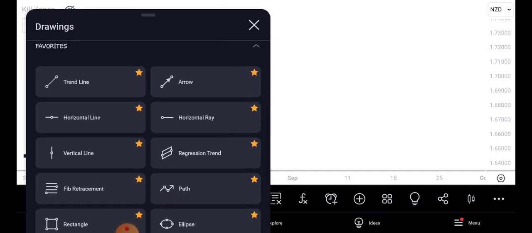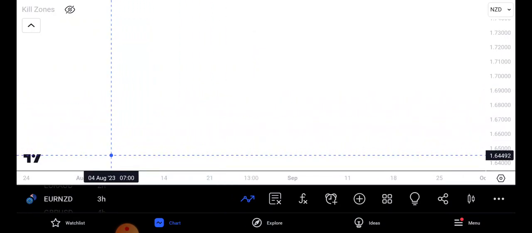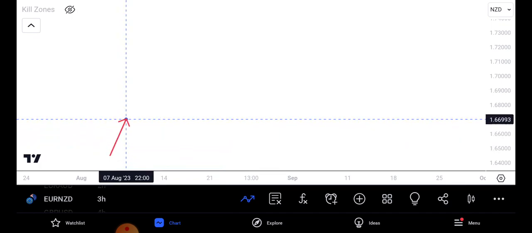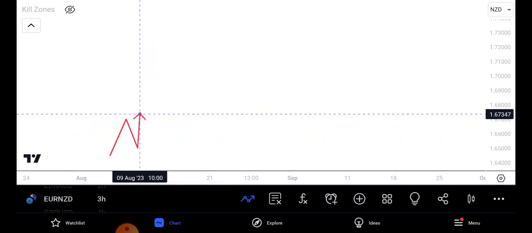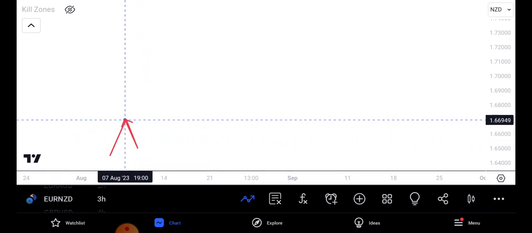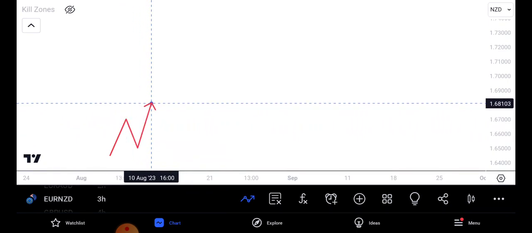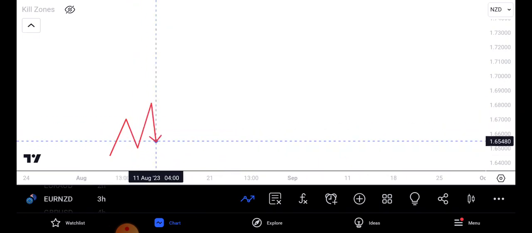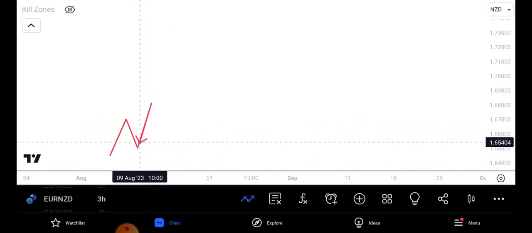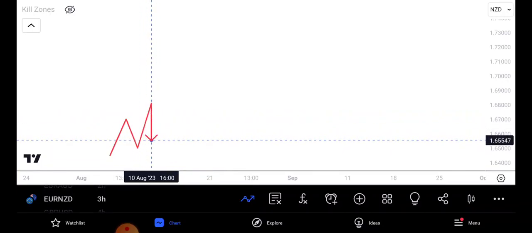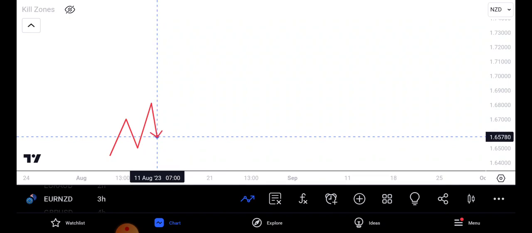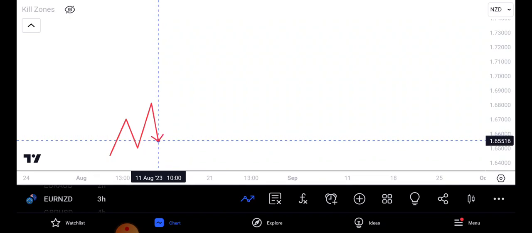So let me give you an example in a drawing format, right? So let's say the market is going to the upside, it pushes up, comes back. When the market breaks this structure, we know that there is an order block around this zone. Why? Because the market moves with massive pressure, leaves behind imbalance, and there's an order block before that imbalance. So the market will come back there to tap in, to fill up the imbalance, tap into the order block,